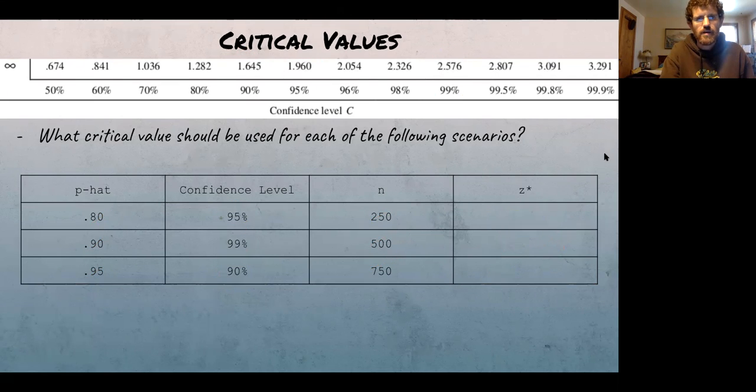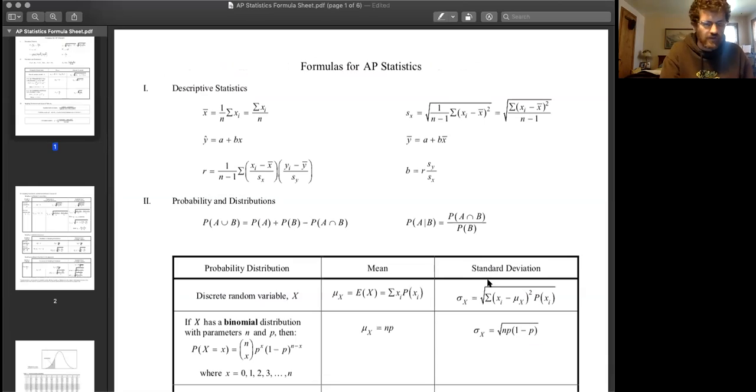Okay, so now you know what a critical value is and you know how to find it, and you'll want to refer to that table B. In fact, I'm going to pause right here and I'm going to share this real quick just so we can see the AP formula sheet. So everything we did first